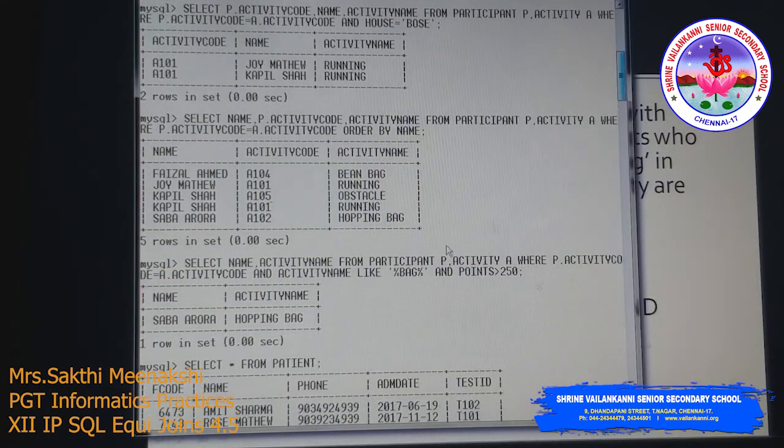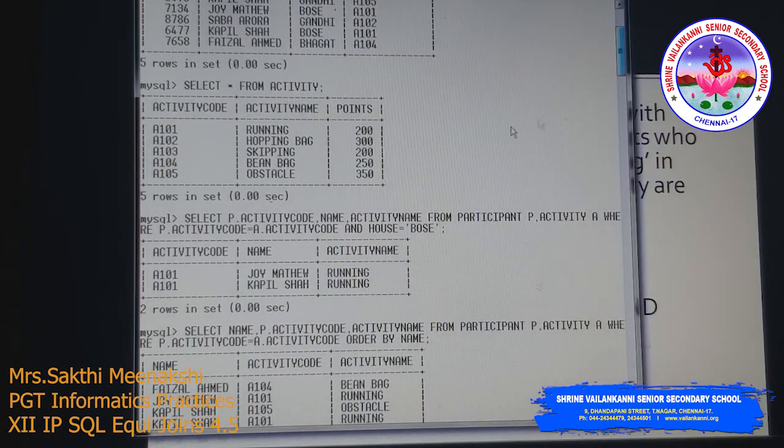So select name comma activity name from participant P and activity A, where P dot activity code is equal to A dot activity code and activity name like bag. So the activity name contains the word bag, and the next condition is points should be greater than 250. From the table, we have only one with points greater than 250, that is 350.